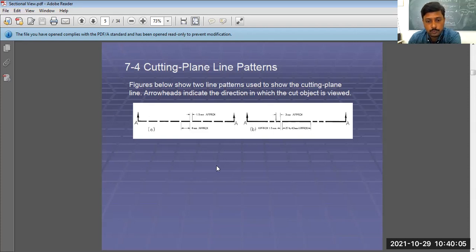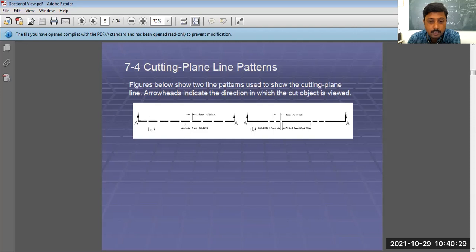Here you can see drawing A and D as shown in the figure, the pattern of line that is to be used. Okay, now you can see I have given A, this is the line A to A or plane A to A, and this is a dashed line. I have made some dashes inside that.